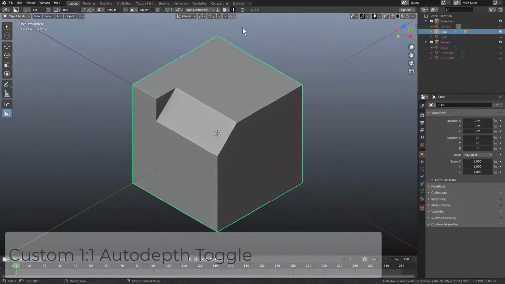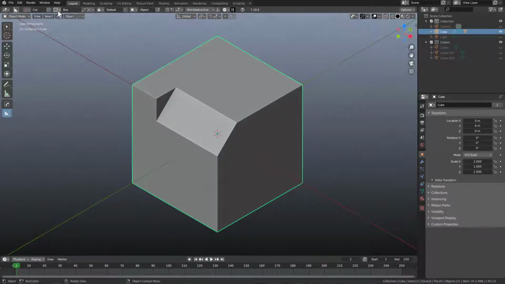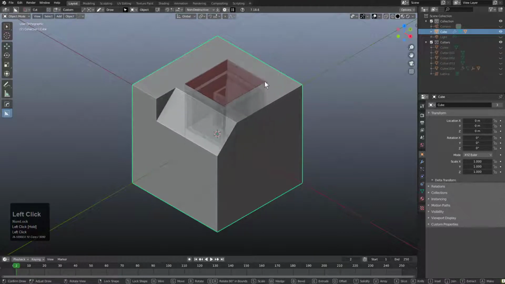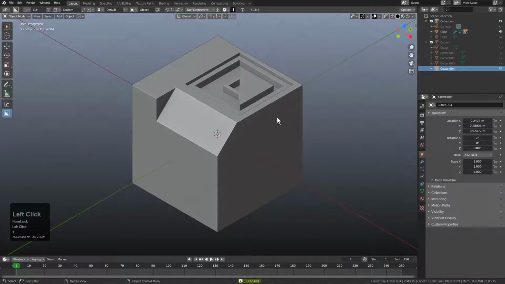So here we are in the previous version of Boxcutter, utilizing Autodepth under the previous area, and if we just jump over to custom cutter, we see that whenever we draw a custom cut, it works with the same rules that it does with box. However, if we press shift, we can actually activate a custom cutter one-to-one mode with Autodepth,